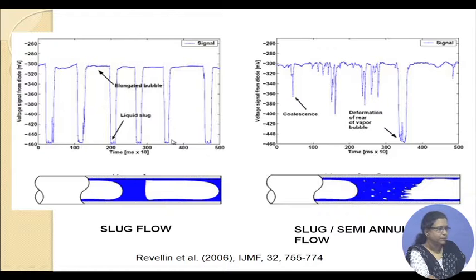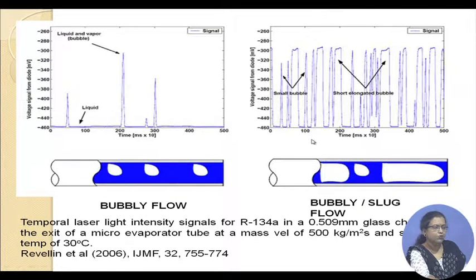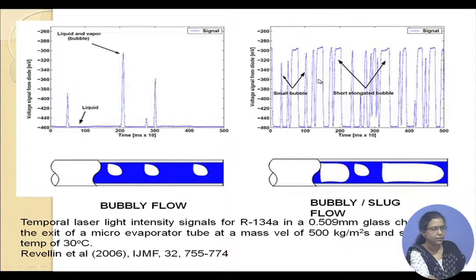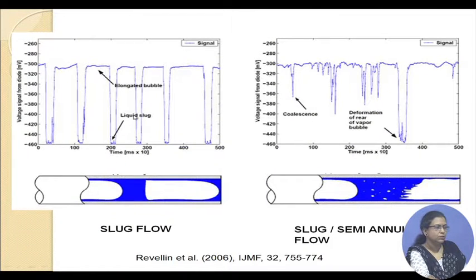Now, if we compare this particular signal with the bubbly slug signal, certain things are evident. Number one, the proportion of the gas phase has increased because the signal now lies for a greater portion of time in the higher voltage region. Secondly, more or less all the bubbles are elongated bubbles, and thirdly, there are lesser disturbances in the liquid slug. So the comparison immediately shows us how erratic the transition zone was compared to the fully developed zone. Now, as we go for higher velocities,